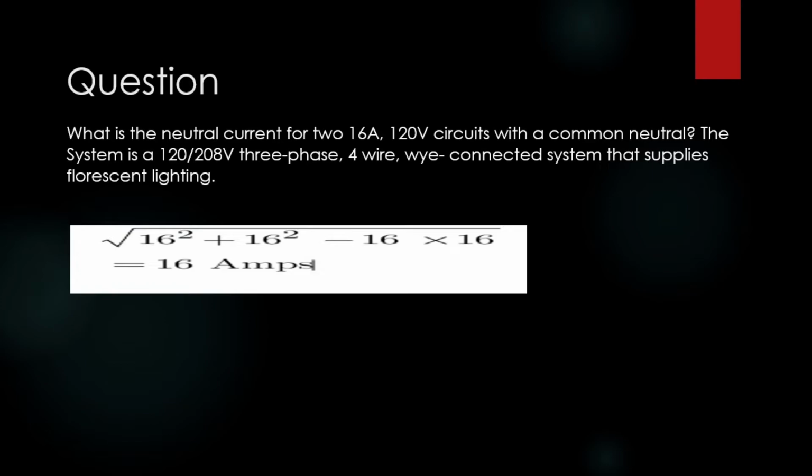So the system is 120 to 208 volts, three phase, four wire, Y connected system that supplies fluorescent lighting, right? So what we did for this question is that we considered two phases. So we had two different circuits on different phases for the three phase four wire circuit. Now we use a formula where we take I_n, or the I neutral,